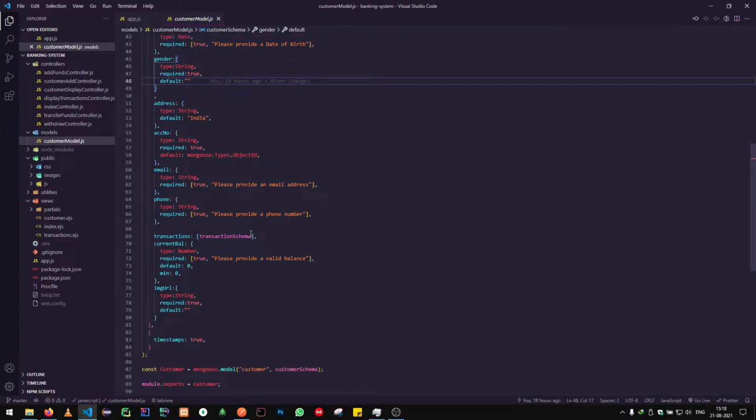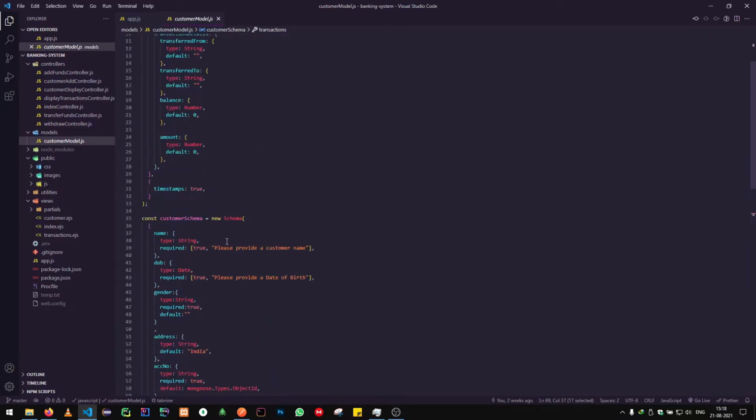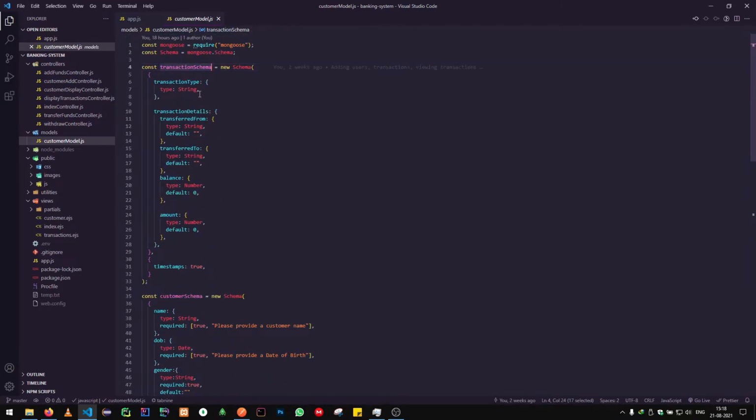A noteworthy thing here is that the transactions is an array of objects, which means that the transaction has a sub schema which is mentioned here. It contains the transaction type, the details of the transaction, for example, where the money came from, where it was transferred to, the balance of the account, and the amount that was added, withdrawn, or transferred. So this is about the customer schema.